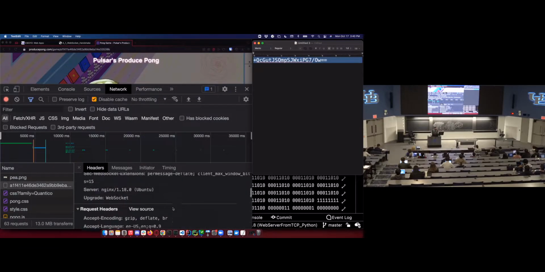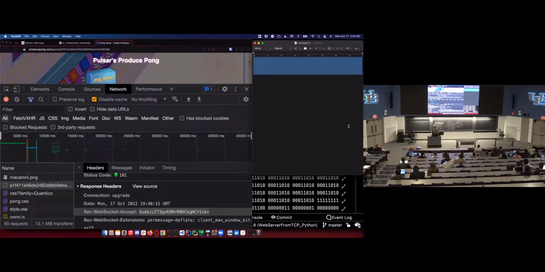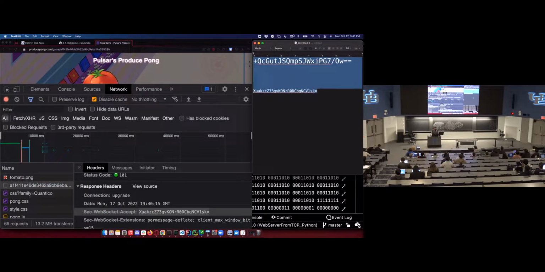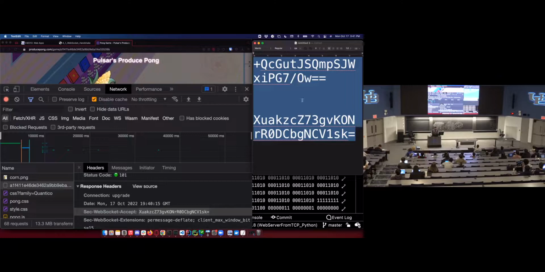And then I want to look at the accept that was returned by the server. And what I want to do, this is not the smoothest demo. We will get there, though.